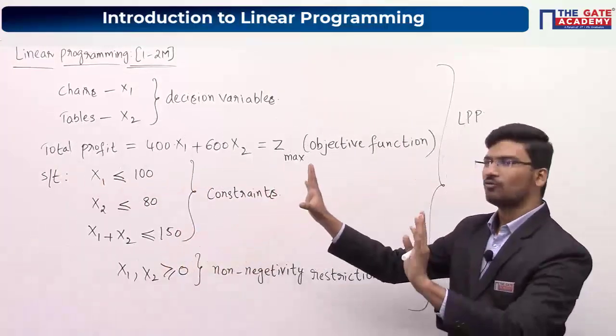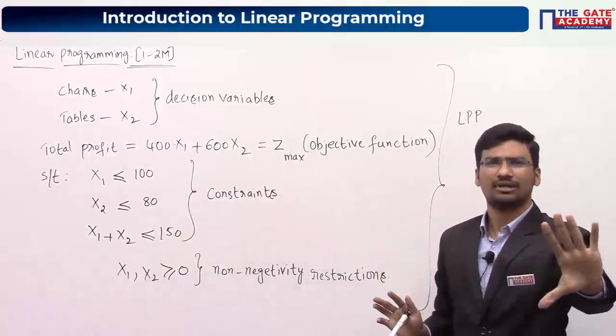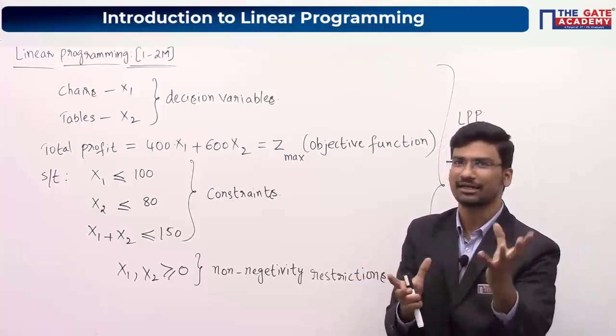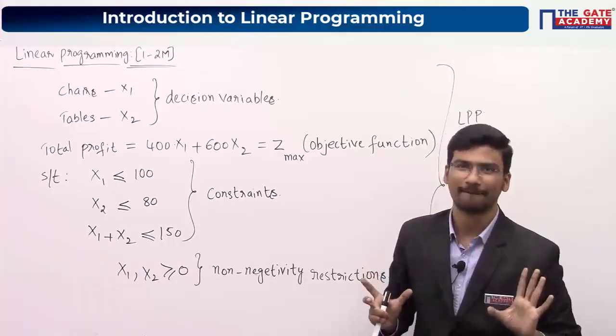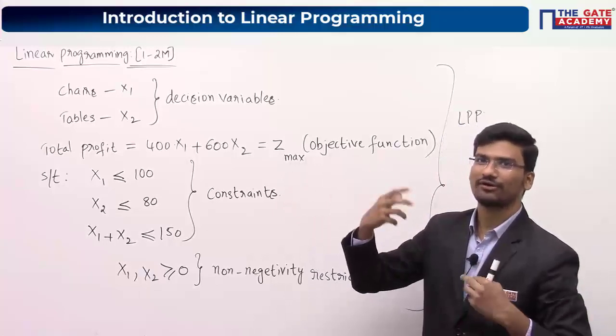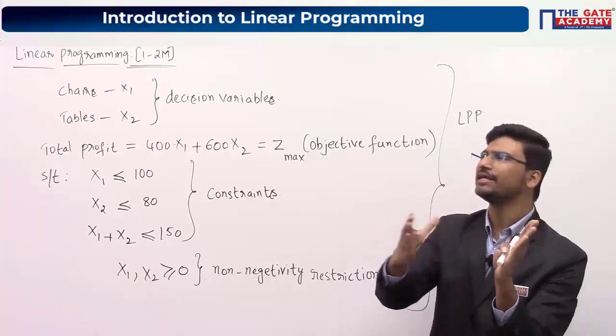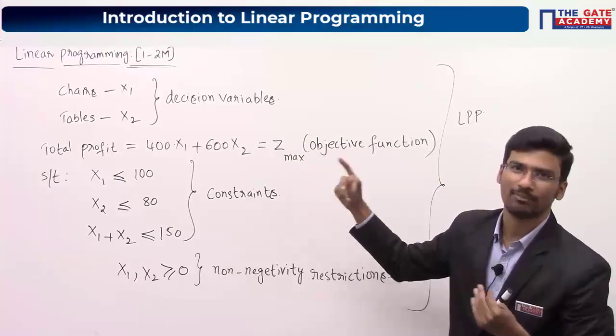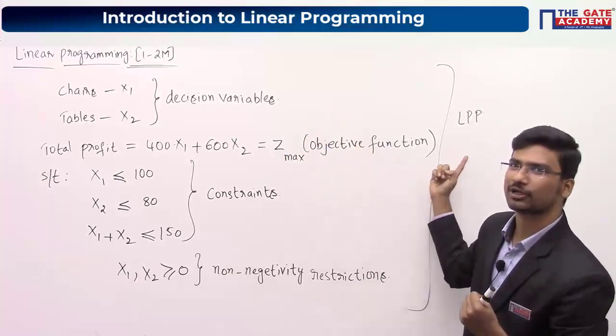So what we have done: we had some data. We went to an industry and collected some data. It is very simple data, given in the form of a question. Ultimately we have to find out the maximum profit. What we have done is convert the data into a mathematical problem, which is this one, a linear programming problem.